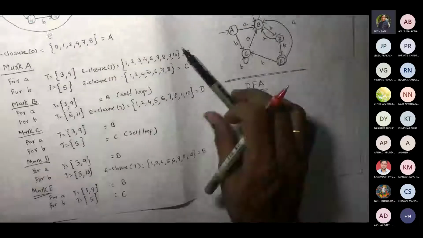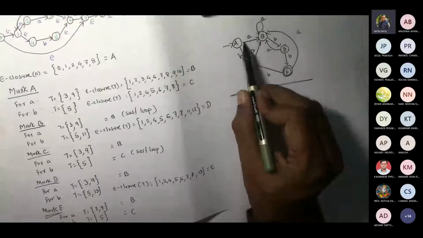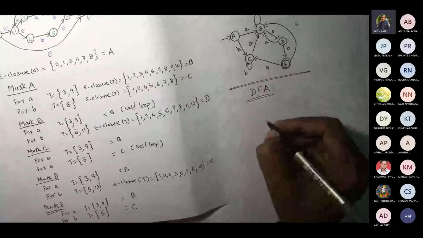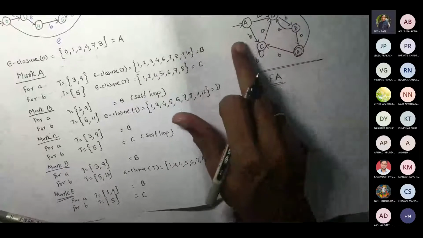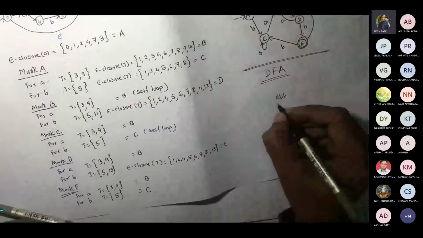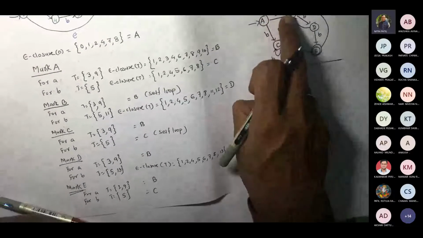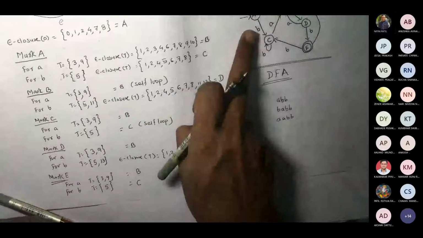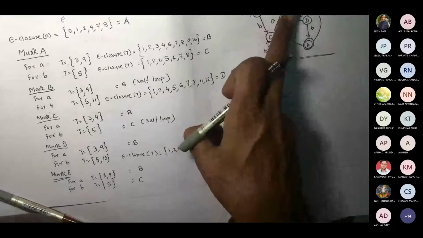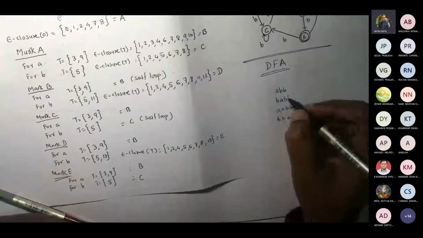Okay. Now if I try to find out the strings accepted by this, for example, let us take A, B, B. So the first string is A, B, B. Then B, A, B, B. I will take 2-3 strings. Then A, B, B. Then B, B, A, B, B. So let me take these 4 strings and see whether they are accepted here or not.